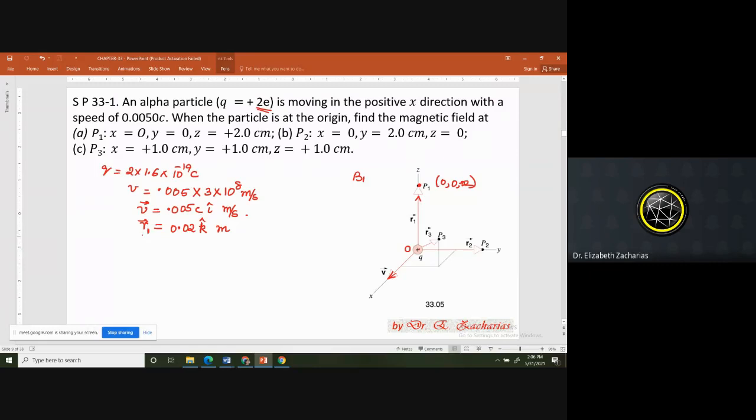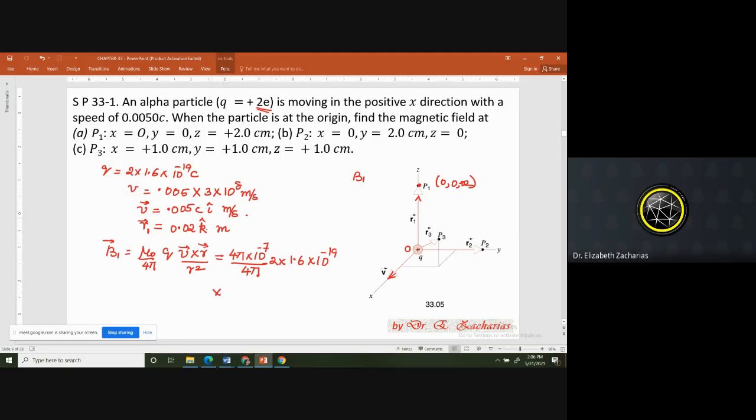Okay. Now what is the next thing I need to do? I want to find out the magnetic field. So the magnetic field is going to be mu naught by 4 pi. Then what should I write? Q into, anyone? V cross R by R square. V cross R by R square. Okay, so substitute mu naught is 4 pi into 10 to the power of minus 7 divided by 4 pi. Then what is charge? Charge is 2 into 1.6 into 10 to the power of minus 19. Then into V cross R.